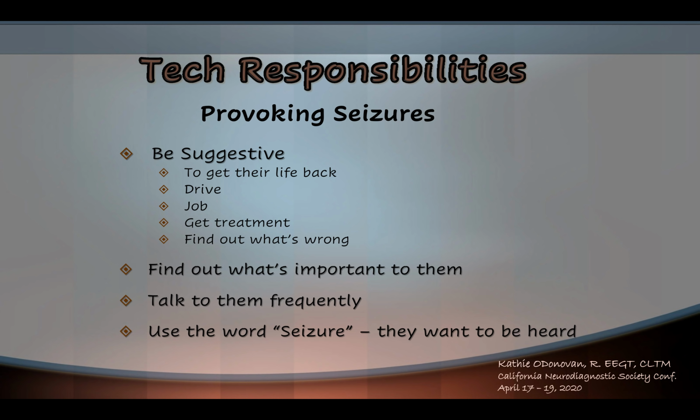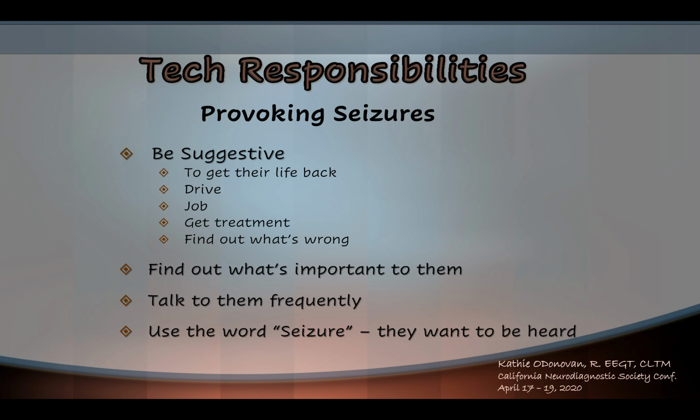I, on the other hand, use the word seizure with these patients and really these patients only. Any new onset patient that I get, even if I've seen video and I have heard the description and I know absolutely without a doubt that those are seizures, I always call them events. I'm not the doctor. I don't diagnose. So I call them events. Now, if they've been told they have a seizure disorder, then I might say, okay, when was your last seizure? But otherwise, I don't. But with these patients, I definitely use the word seizure, and there's a reason behind it.